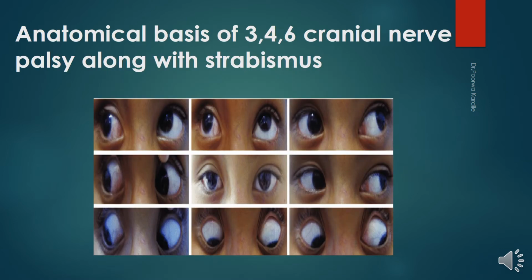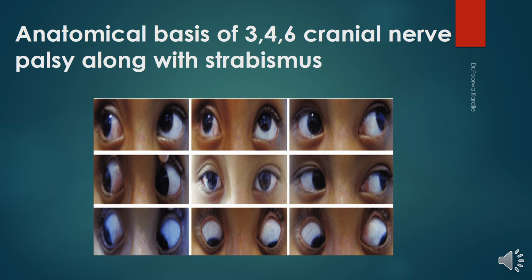In this slide we will see the anatomical basis of paralysis of muscles supplied by the oculomotor, trochlear and abducent nerves along with strabismus. So we know that these three nerves mainly supply the extraocular muscles. If the third cranial nerve, that is the oculomotor nerve, is injured, then there will be dilatation of pupil due to paralysis of constrictor pupillae and unopposed action of dilator pupillae. Loss of accommodation reflex due to paralysis of ciliary muscles, partial ptosis or drooping of upper eyelid due to paralysis